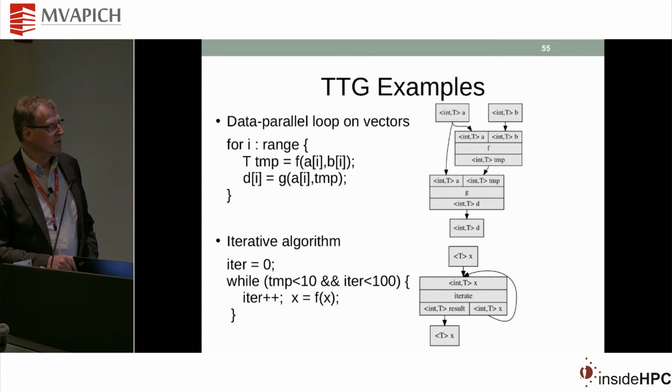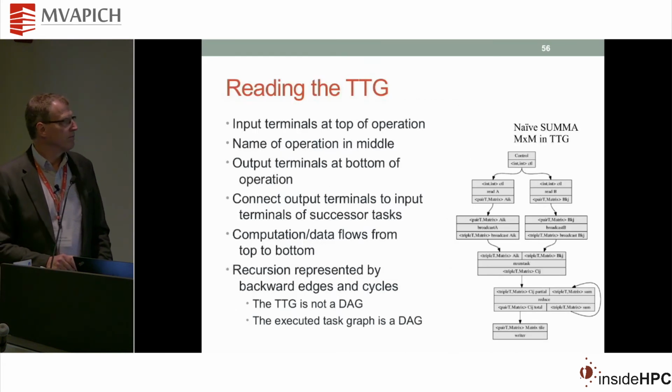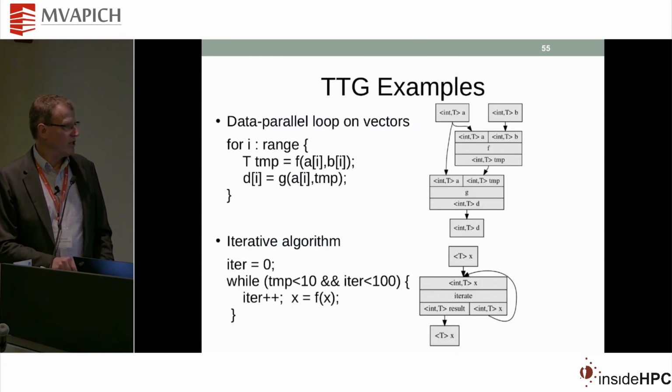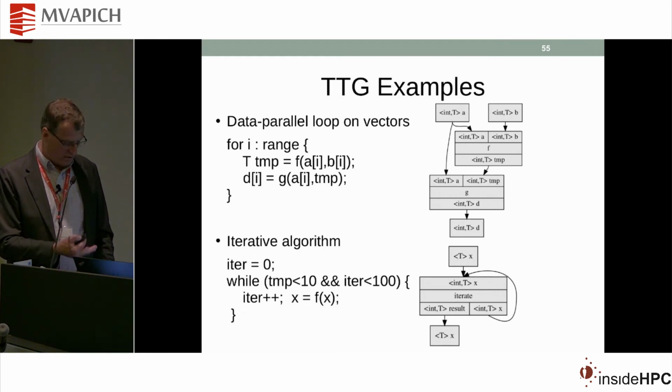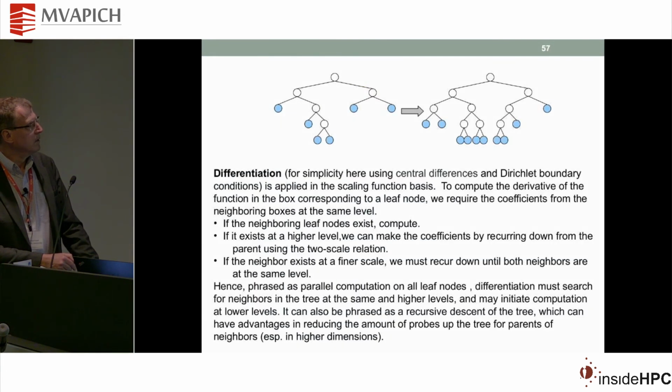So clearly, we don't necessarily want to be writing this. We're going to have some DSLs, some supported data structures that enable us to essentially map from here to here efficiently, and that also gives us portability into different programming abstractions. And again, iteration just looks like recursion on the graph, and so that's just a reminder, this isn't a DAG. What gets executed at runtime will be a DAG.